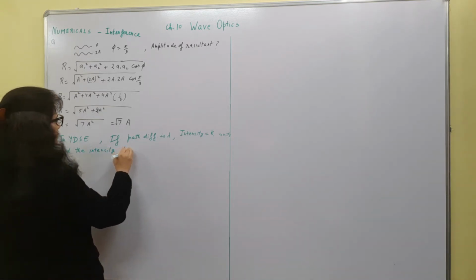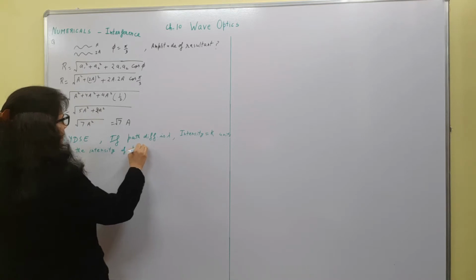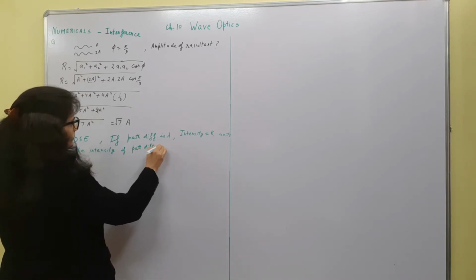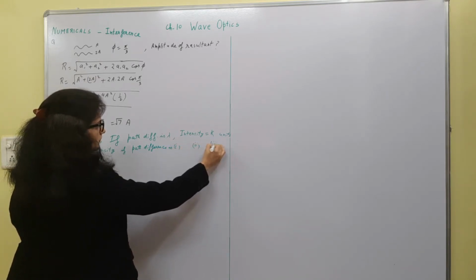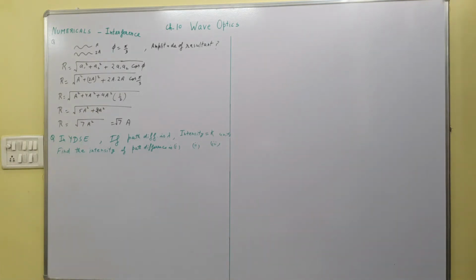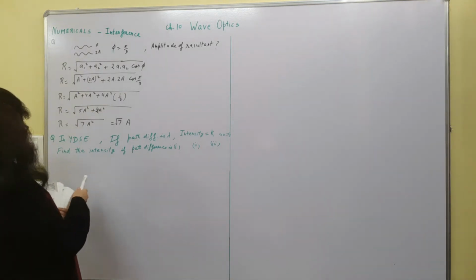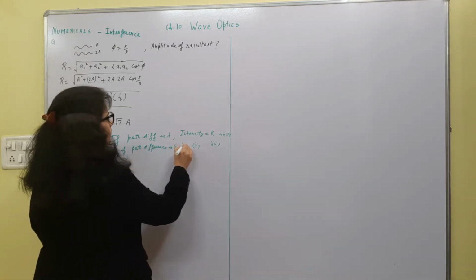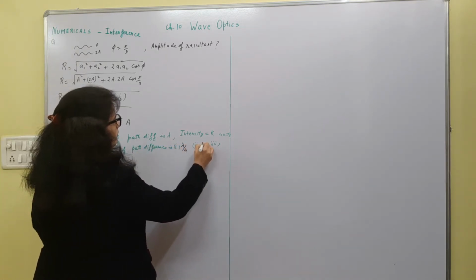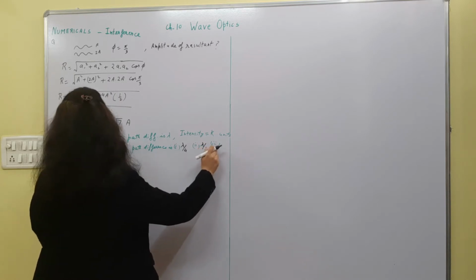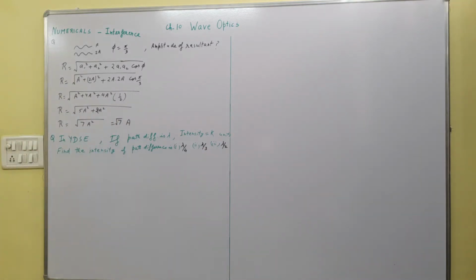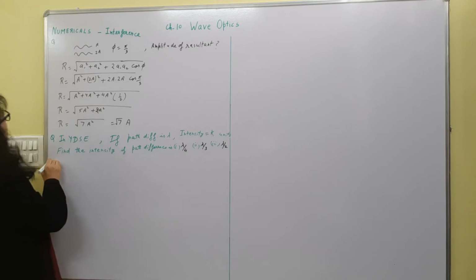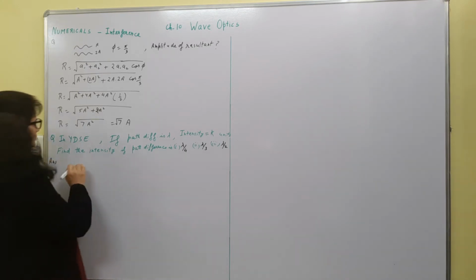if path difference is, there are three parts of this question, right? So this is lambda by 4, lambda by 3 and lambda by 2. We know that the formula for the intensity of the resultant is